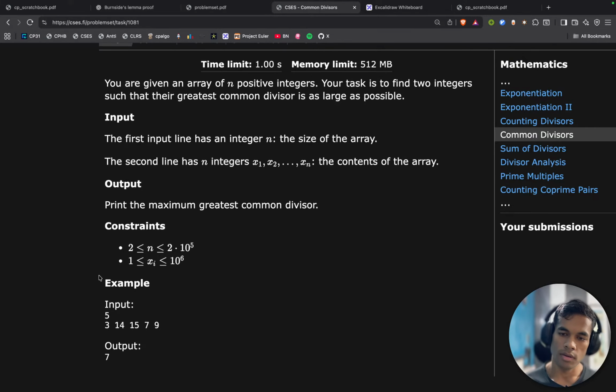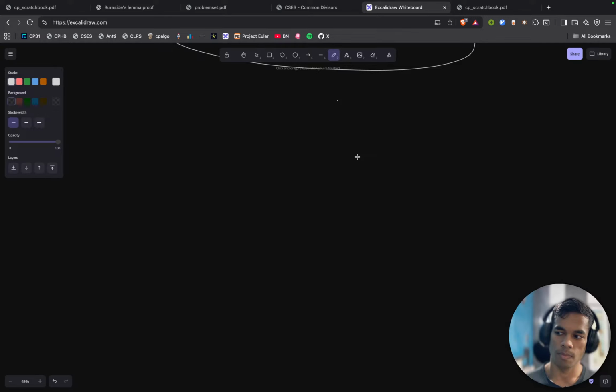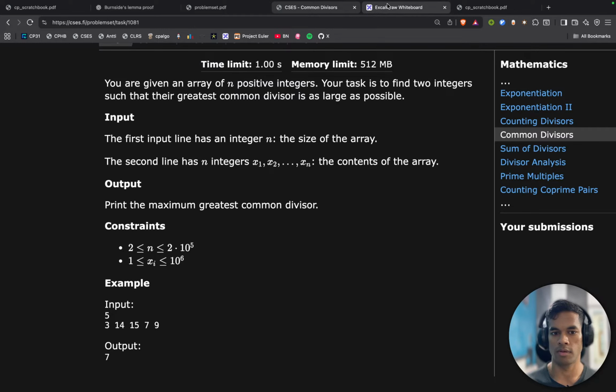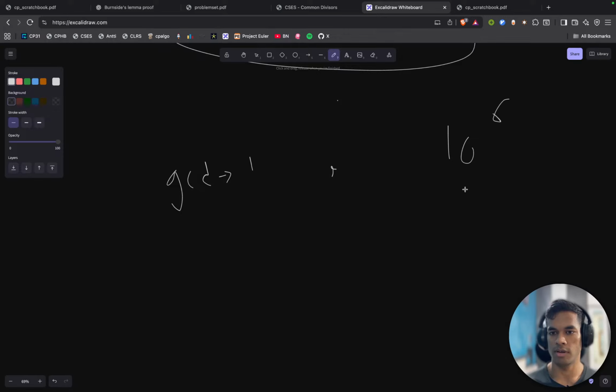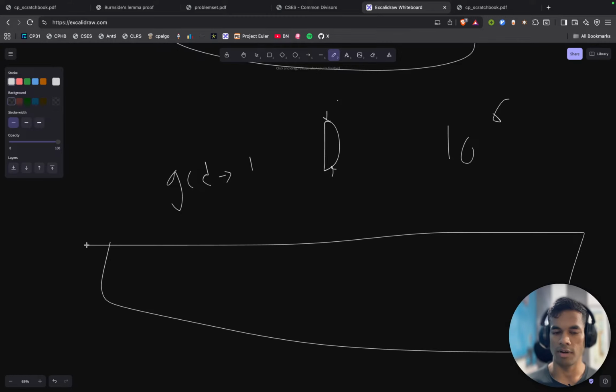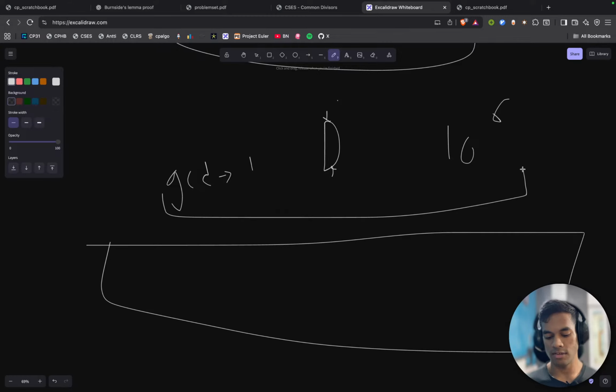Wait, is it binary search? The GCD is going to be between 1 and 10 to the power 6. Yes, that is the maximum value, 10 to the power 6. Is it binary search? For a given particular GCD, I can divide all the given numbers by this, and if at least two of them are divisible by this, then this is cool. Then my answer is either to the right or